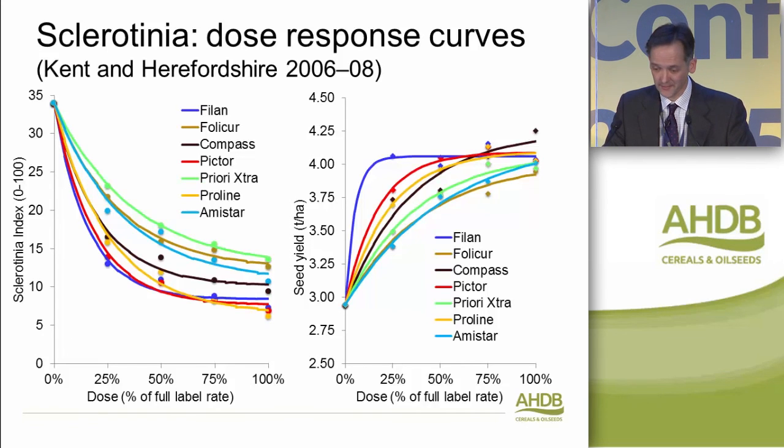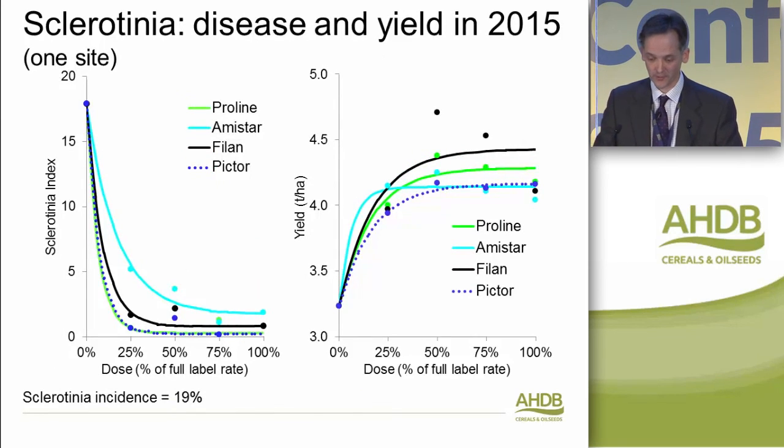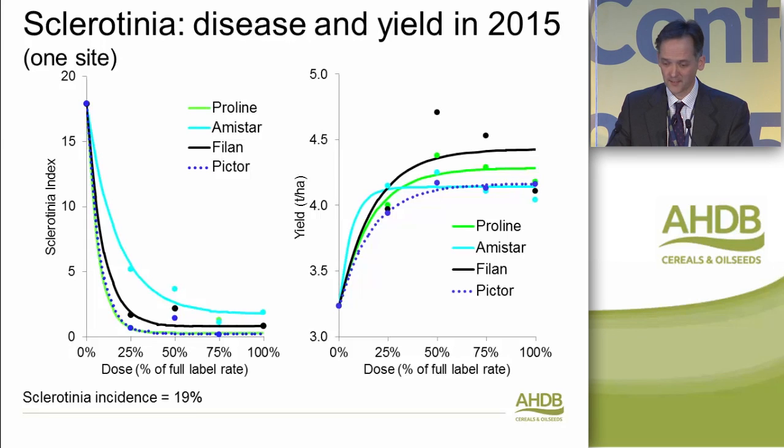That's the historic data. We did get some data from 2015 from a trial in the West. This is a single trial, but it's still out there. And I do think, some of the most depressing sites I saw were in 2008, looking around trials and farms where Sclerotinia affected the crop 6 to 8 weeks prior to harvest. It's just catastrophic, the impact it can have.